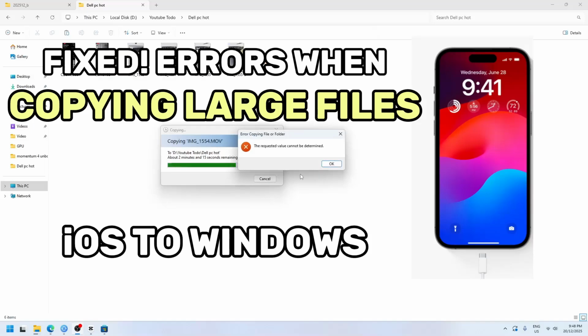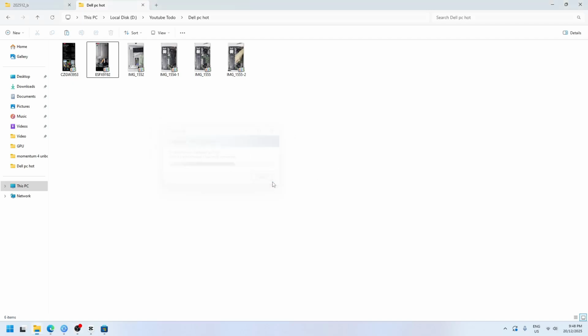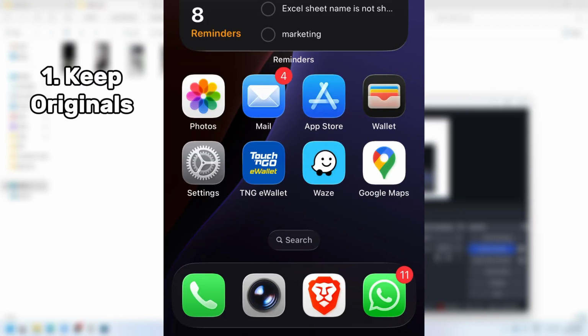Hey everyone, if you are currently copying a large file from an iPhone to a Windows PC, you might encounter this problem. It could say anything like "catastrophic failure" or "requested value cannot be determined" and other things. A couple of possible solutions: the first one,